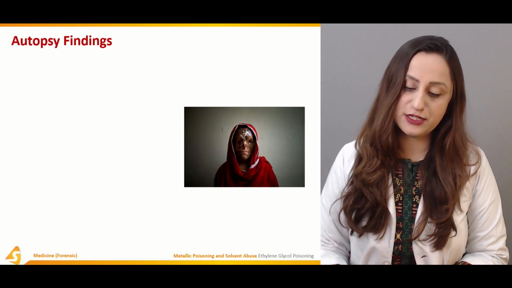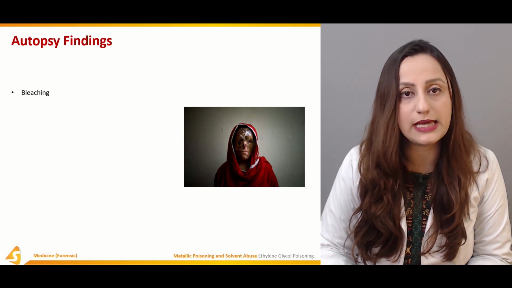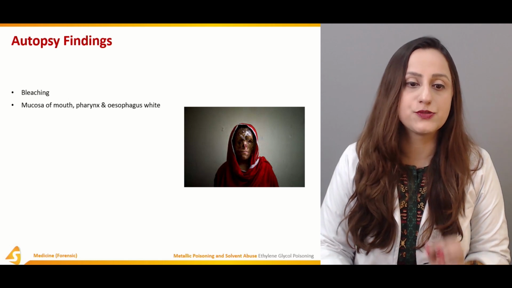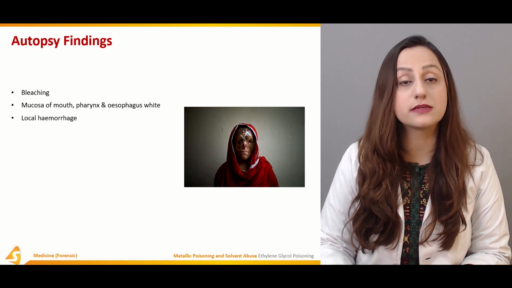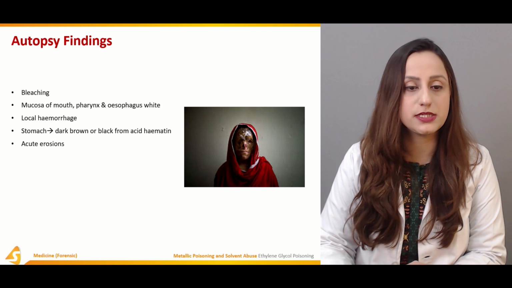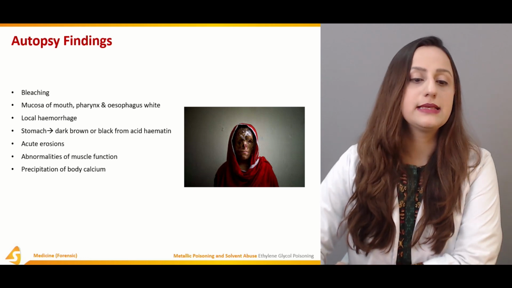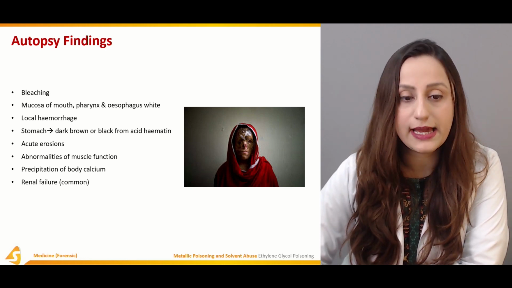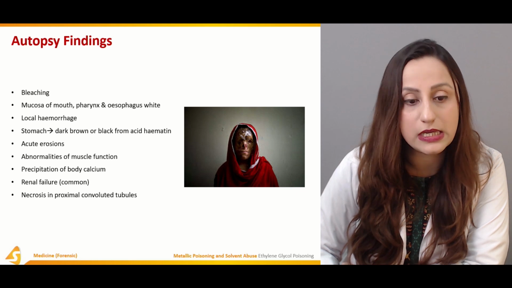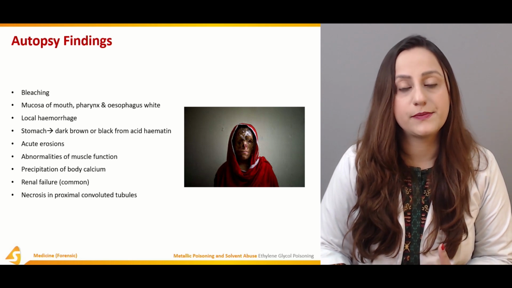The autopsy findings in cases of oxalic acid poisoning are basically a bleaching effect, with the corrosive action observed in these peculiar cases of corrosive acid poisoning, and the mucosa of the mouth, pharynx, and esophagus turns white. There are local hemorrhages, and the stomach turns dark brown or black from the acid hematin. There are acute erosions and abnormalities of muscle function, as well as precipitation of body calcium. Renal failure is one of the complications observed over here because the main metabolism occurs in the kidneys, and necrosis in the proximal convoluted tubules is also a feature of this